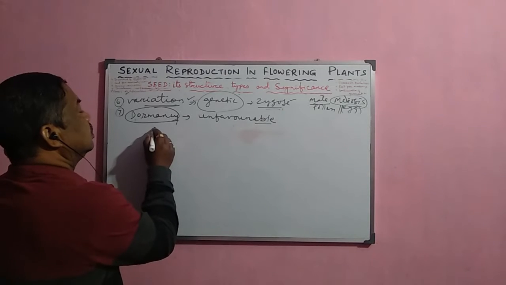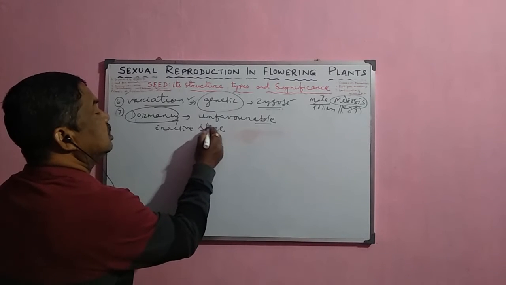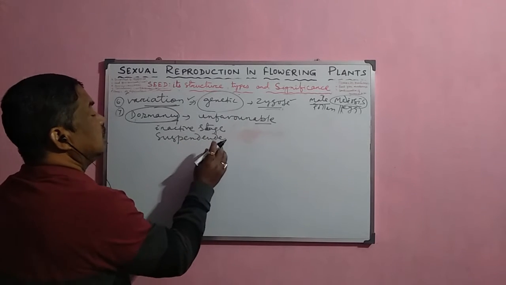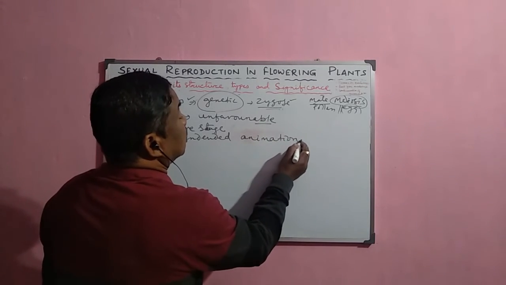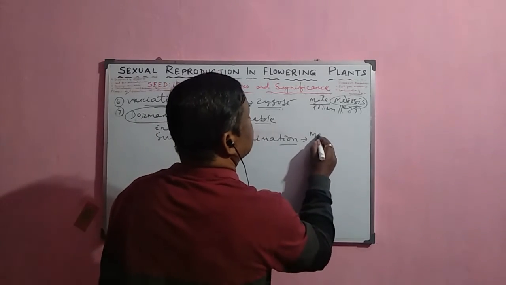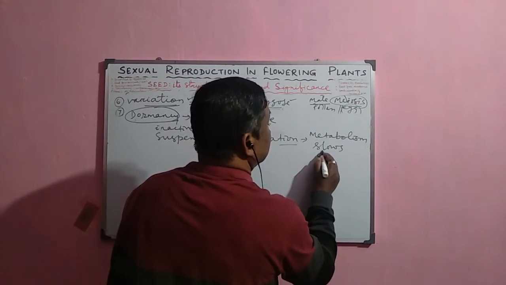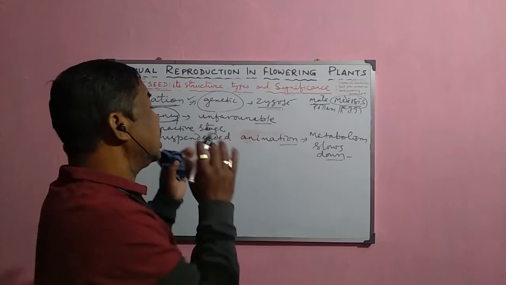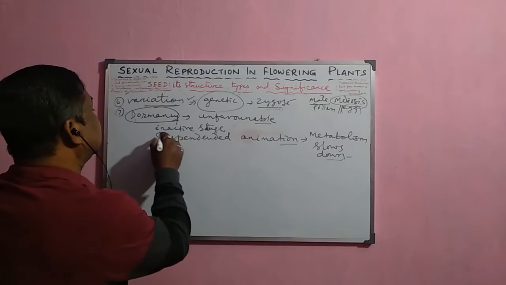It is also called the inactive stage. It is the inactive stage of the embryo or the seed, and it is called suspended animation. That means during this process what happens? The metabolic activities become very slow. The metabolism or metabolic activity slows down. And due to this slowing down of the metabolic activity, normally the consumption of the food material and the activities of the embryo are very, very low or slow, and they are suspended and remain in an inactive stage.